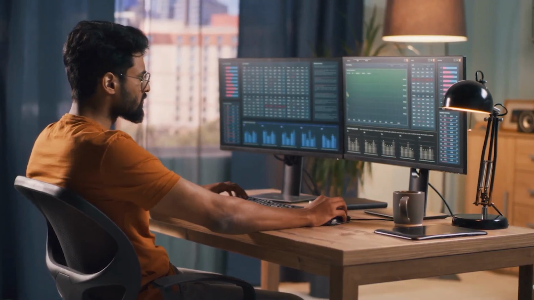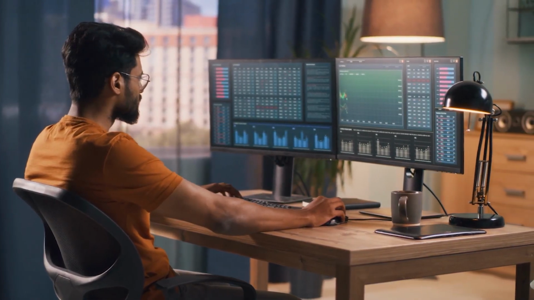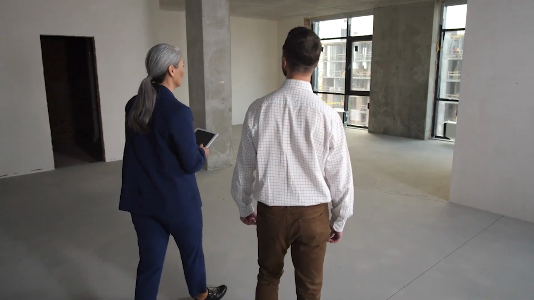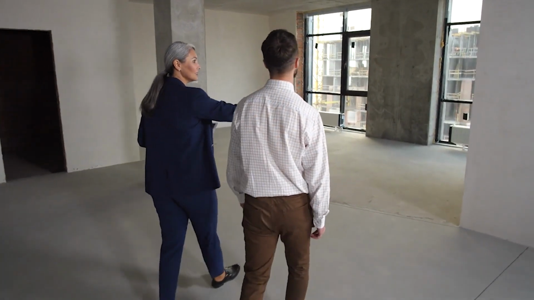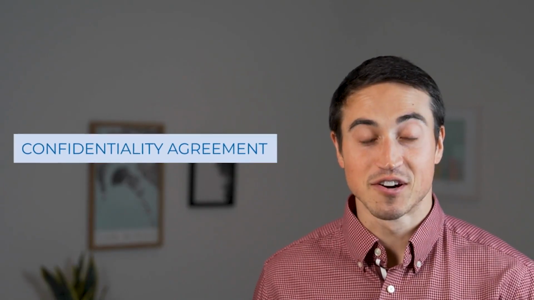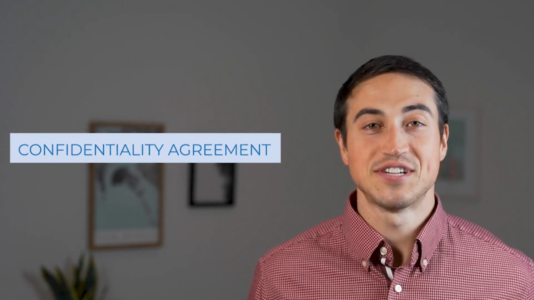So as a real estate acquisitions analyst, your job is exactly what it sounds like: to analyze and value commercial real estate properties that your company is looking to acquire. And to run this analysis, the first step in this process is getting access to data on the property by signing a confidentiality or non-disclosure agreement, essentially saying that you won't share the property's confidential information with any outside third parties. And once you've signed that NDA and you've been approved by the broker, at this point, you'll have access